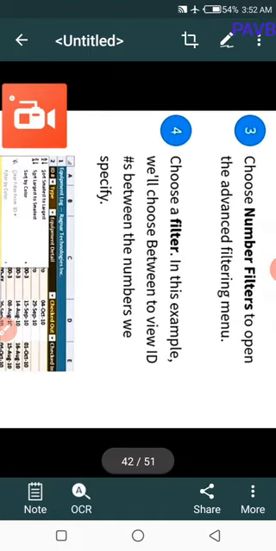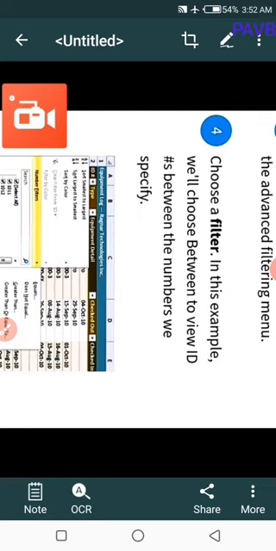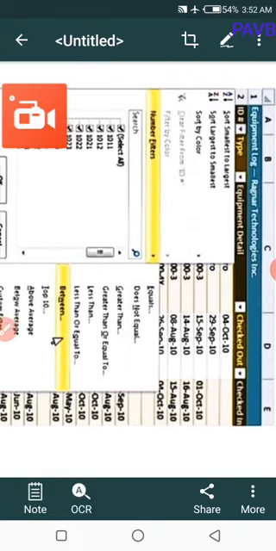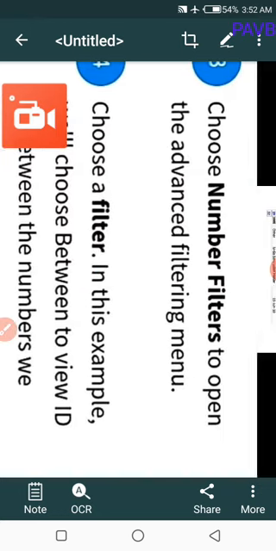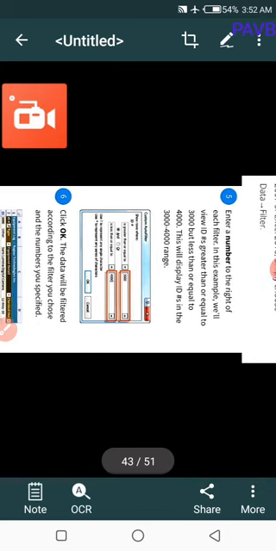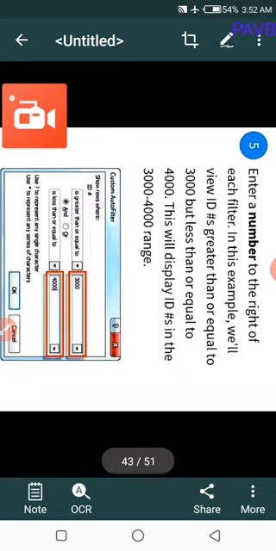Step 3. Choose number filter to open the advanced filtering menu. Step 4. Choose a filter. In this example, we will choose between to view IDs between the numbers we specify. What is between? Between means, for the numbers between 50 and 60, the values 51 to 59 will be displayed. Step 5.